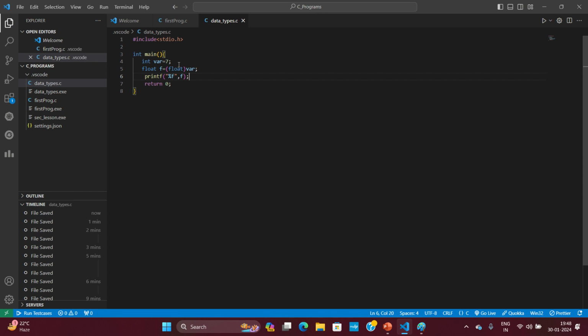And similarly we have double. For double we use %lf, and %lf is nothing, just a bigger version of float. Just like for integer, the bigger version of integer is long. We have, say, float f is equal to, I am writing 8.96, and I am writing %lf is equal to,